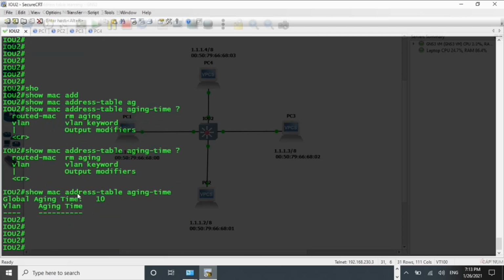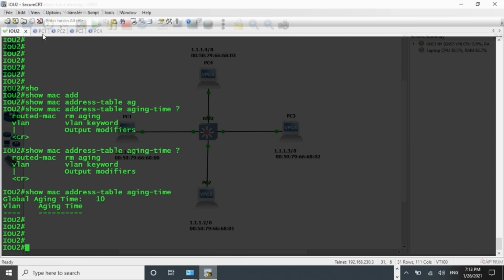It's showing 10. By default it is 300 seconds. So now this switch will save the MAC address entries of these devices in the MAC address table till 10 seconds. If any device does not initiate any communication till 10 seconds, then that entry will be removed from the MAC address table.